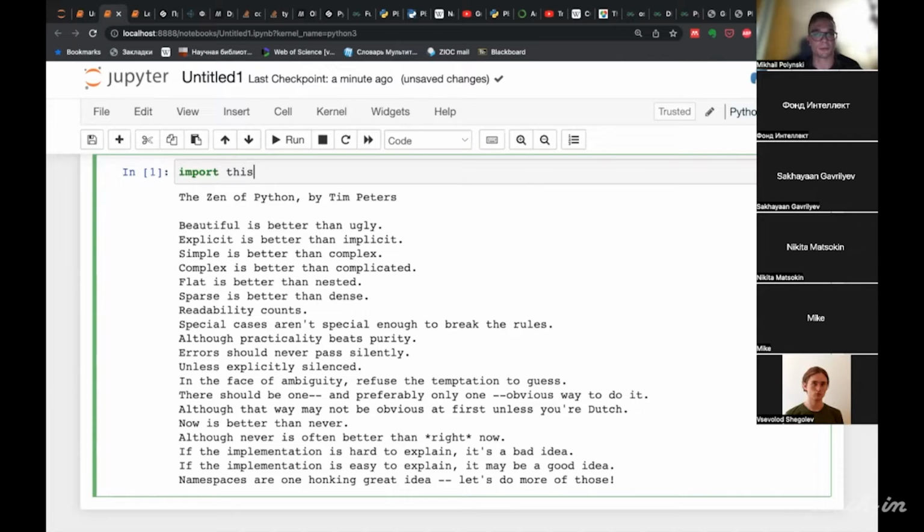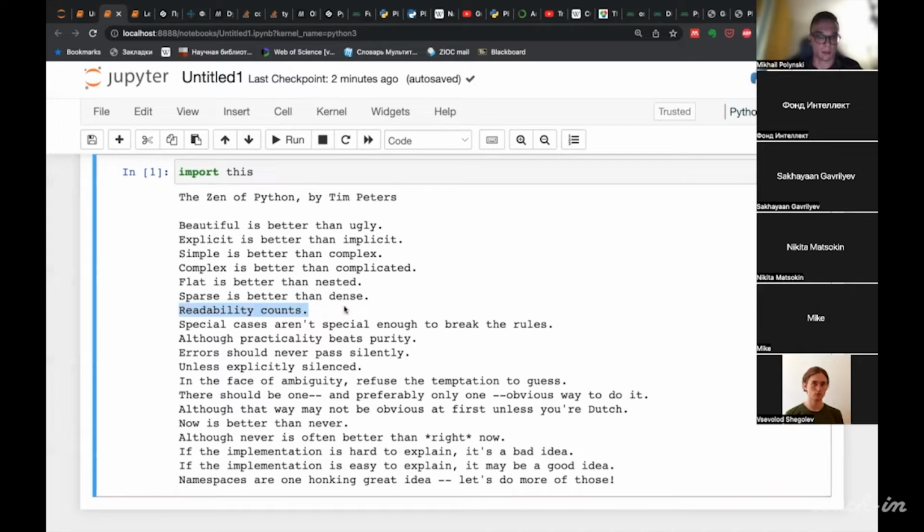So any code is read by people much more often than executed by the interpreter. And hence here we have readability counts.